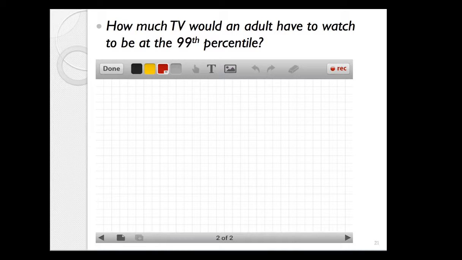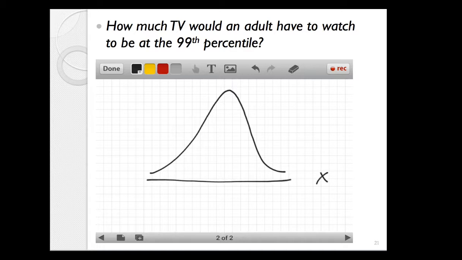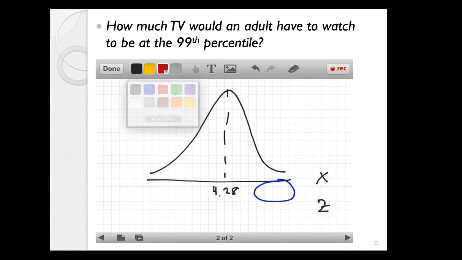And this last example is the question again, how much TV would the adult have to watch to be at the 99th percentile? I'm again going to draw the distribution of data, which would be X, TV time, and, of course, a Z. And this one requires us to move in a different direction. We know that the mean is 4.28 hours. What we're looking for right now, and I'm going to put this in blue, circle it, is the number of hours that a person watches such that